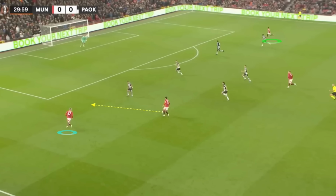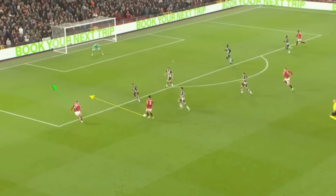Fernandes is carrying the ball forward, about to move the ball out to Garnacho on the left side, and on the far side you can see that Ahmad is starting to make a run into the box, being positioned on the outside of the left back. As Fernandes is about to release Garnacho into the box, you can see that Ahmad on the far side is still in quite a wide position. I think in this sort of situation Ahmad needs to work on getting goal side of his marker sooner,